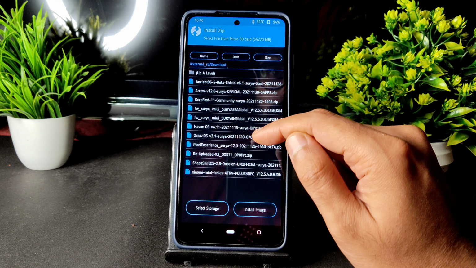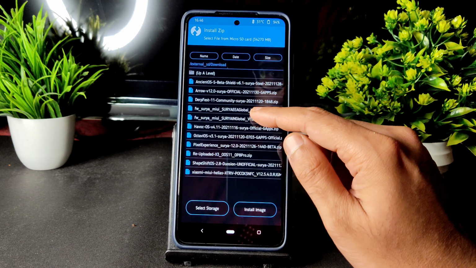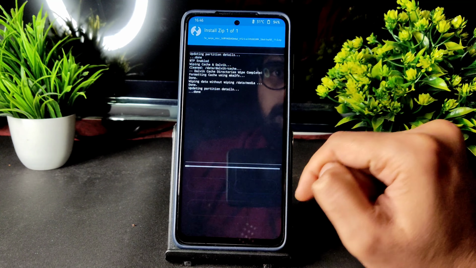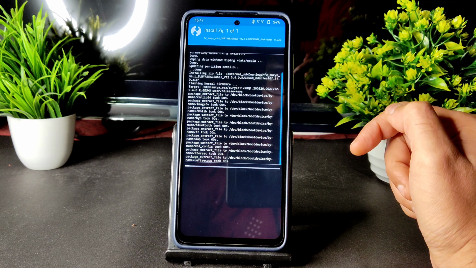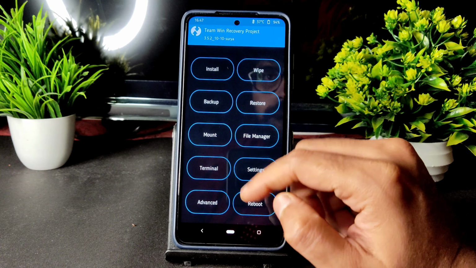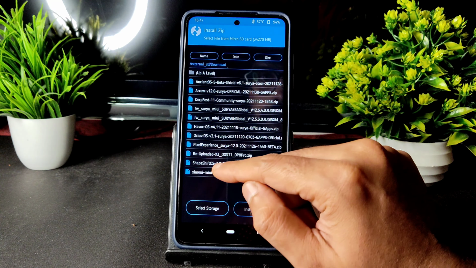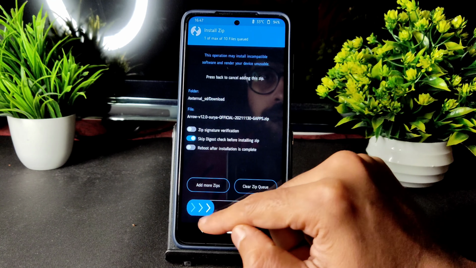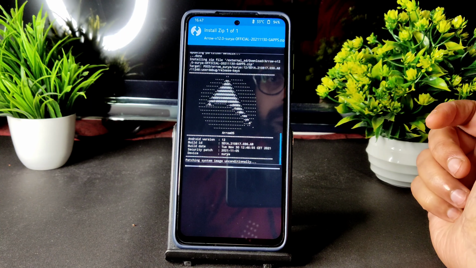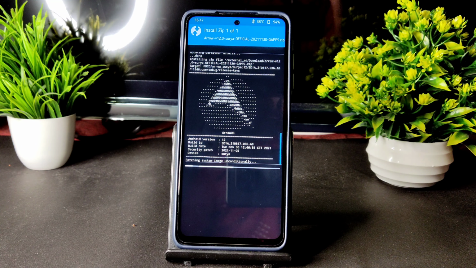As you can see, I am selecting here the same thing, EEA global firmware. In order to boot this ROM, you need to flash this one. Later you need to flash the zip ROM file. I hope I have explained it correctly. If I am wrong, do comment down below, correct me if I am wrong. As you can see, followed by that I am flashing the ROM. In a few minutes it gets flashed, wait for a while.